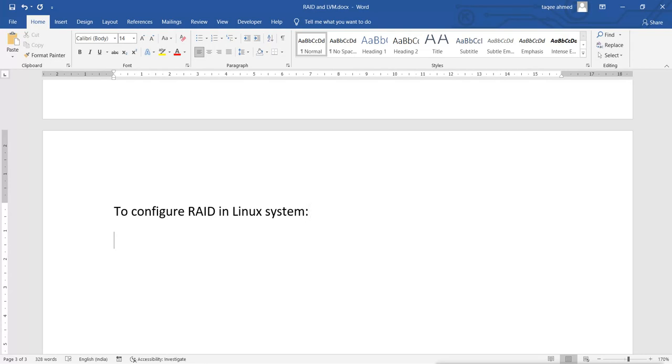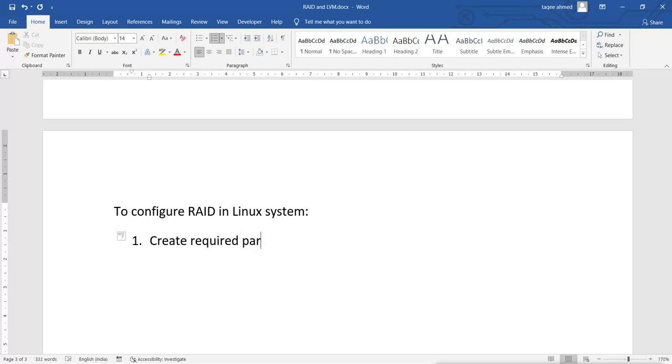Now first I will tell you the process for configuring and using RAID in our Linux system. First we will create the required partitions.